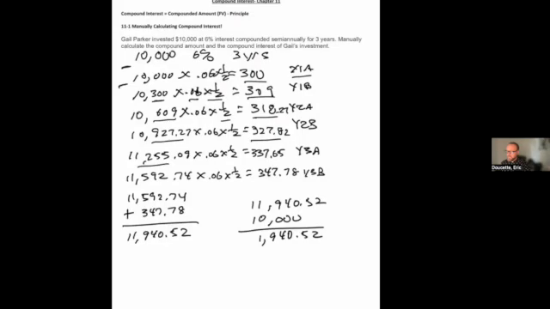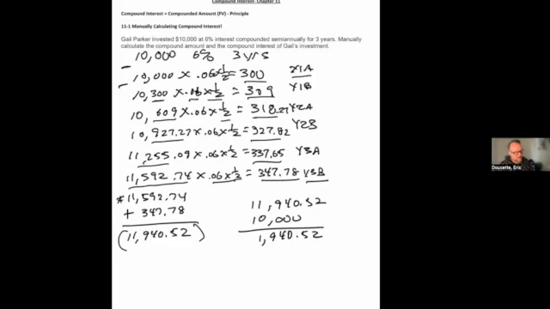And that gave me 337.65. I added that to the 11,255.09. I ran the interest one last time. And the time period, it gave me another $347 worth of interest, that second part of year 3. I added that to the original amount, and that gave me